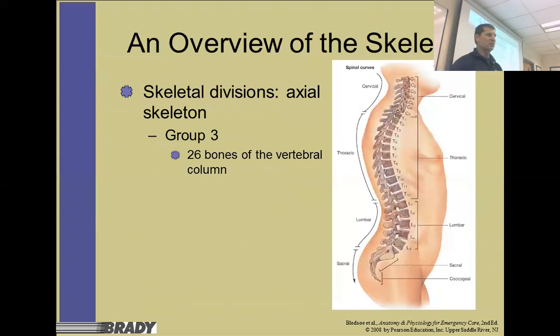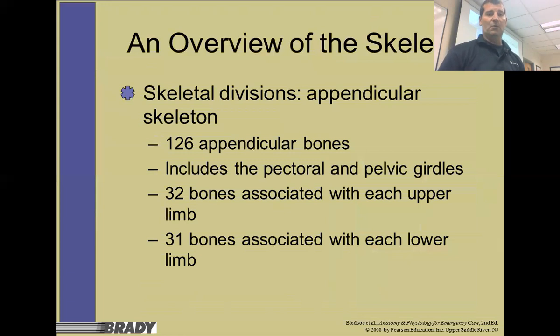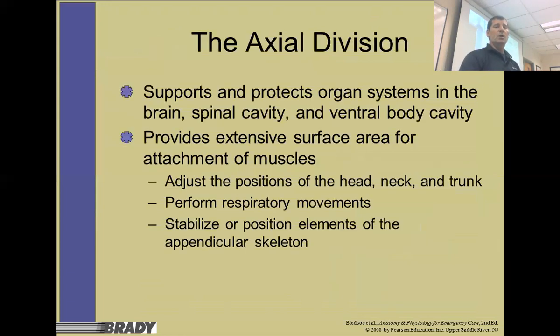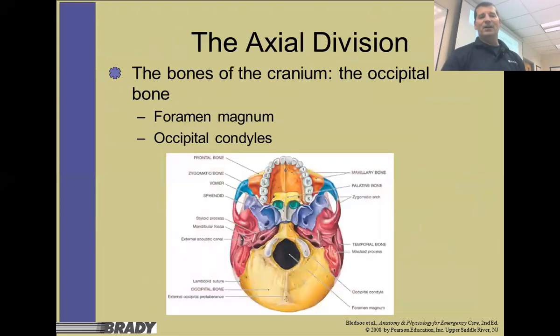Now, when we're dealing with the spinal column as well, I do want you to know the different divisions, the cervical, the thoracic, the lumbar, and the sacral, how many bones are in each of those divisions as well. Those are going to be the important aspects that I want you to know. Main function of this is basically going to be supporting the brain and the central nervous system and everything